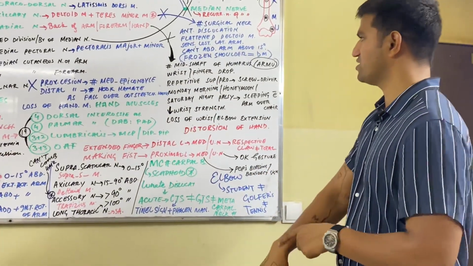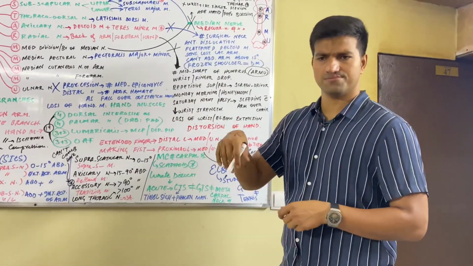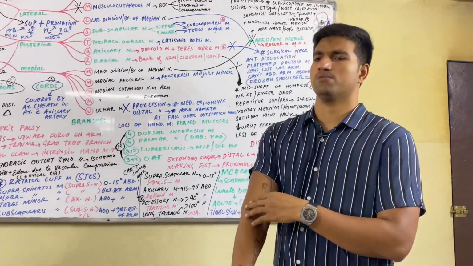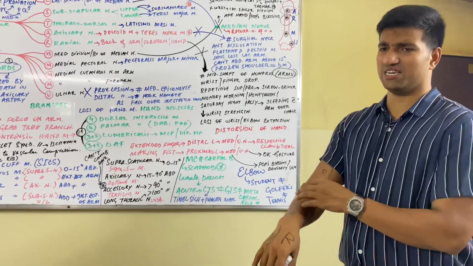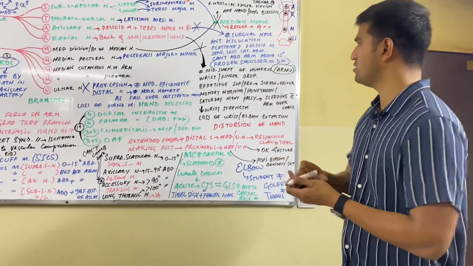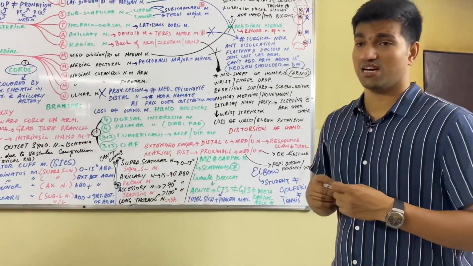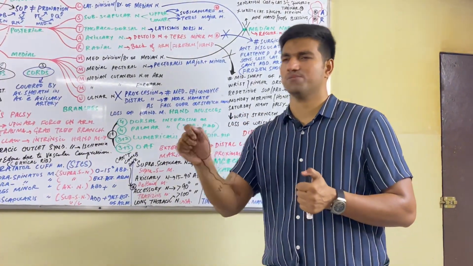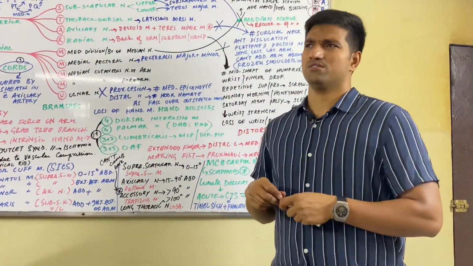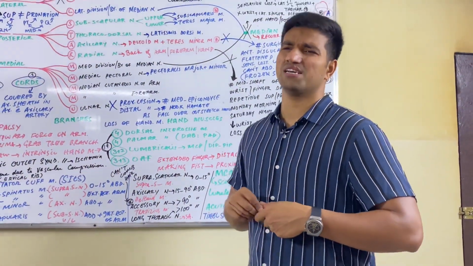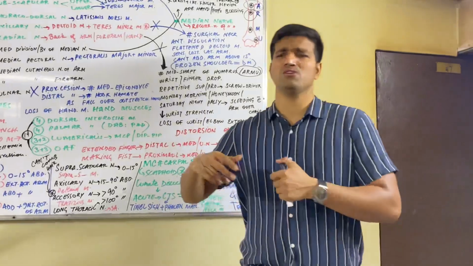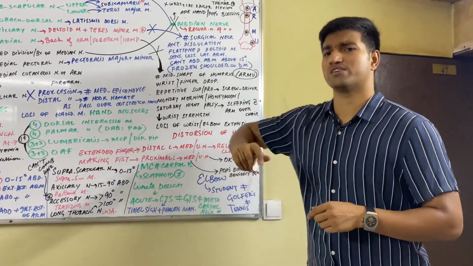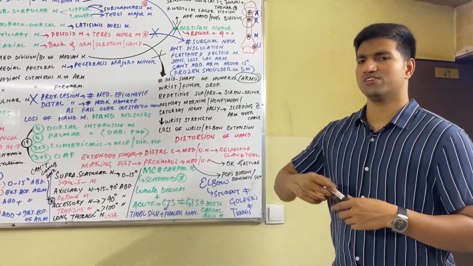If the radial nerve is damaged, what will happen? A wrist and finger drop. As I have told you, the posterior compartment of the arm and forearm gets innervation from the radial nerve. So if the radial nerve is damaged, then there is wrist drop and finger drop. Reasons may be repetitive use of supination and pronation, like someone using a screwdriver for a long time. It is also called honeymoon palsy, Monday morning palsy or Saturday night palsy. Why? Because Saturday night palsy is sleeping over your arm, you can see, sleeping with the arm over the chair. It will irritate our radial nerve.